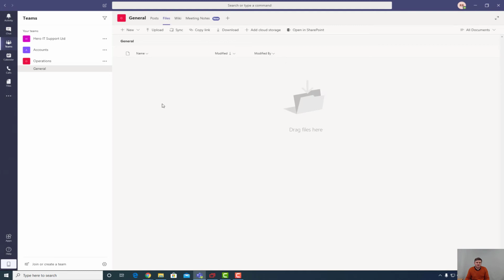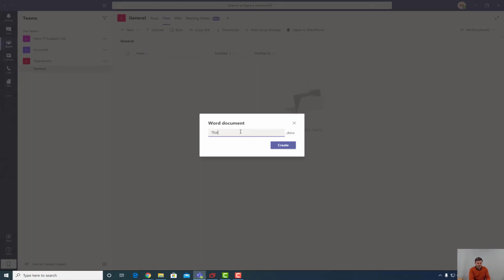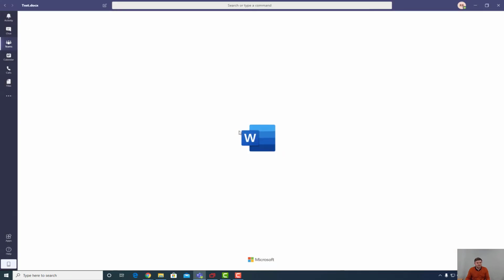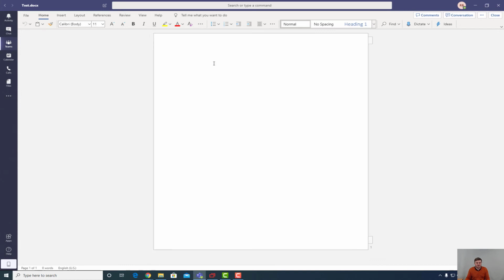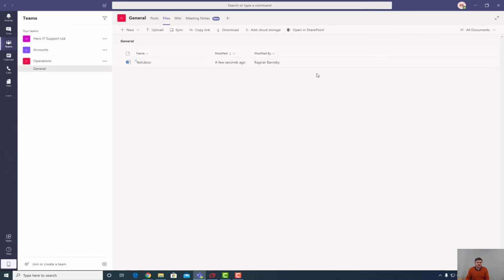So currently there are no files in here, but we can just quickly make a new file. I'm going to make it our test Word document. So it's going to open it up in the browser based version, it's actually within the app, but it's the browser based version of Word. Some people might be completely fine with that, other people might not love it. It saves automatically, which is a little bit weird, so every time you're making a change it is doing saves